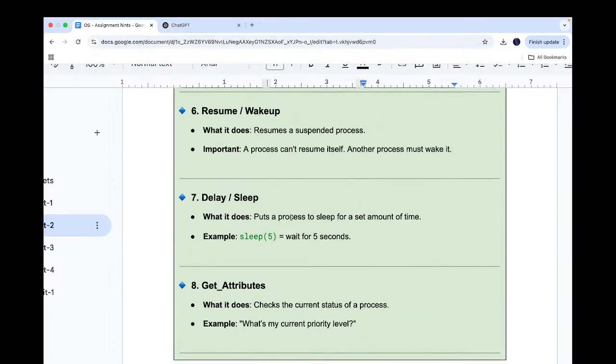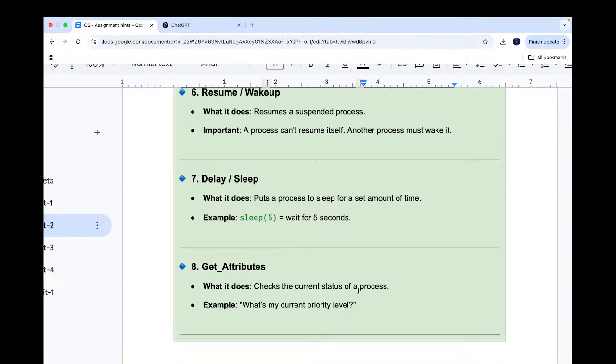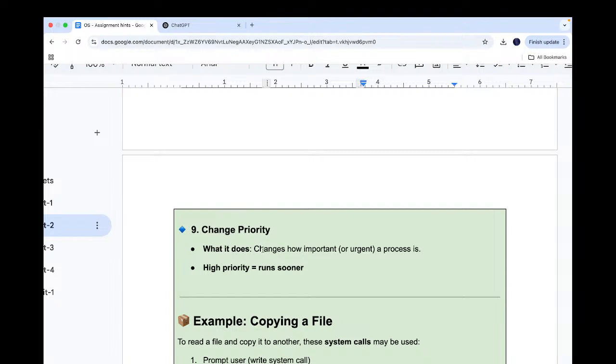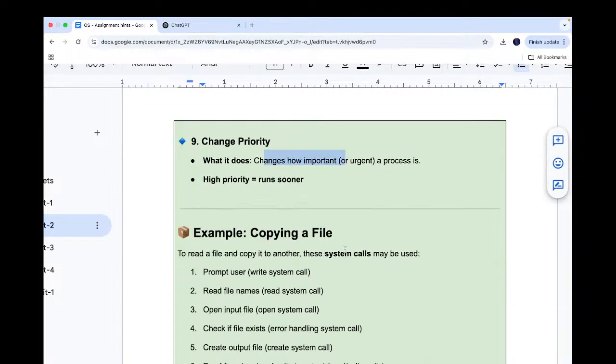Delay puts a process to sleep for a set amount of time. Get attributes checks the current status of a process. Change priority changes how important the process is. Example,